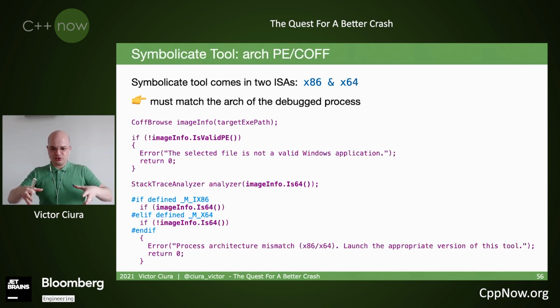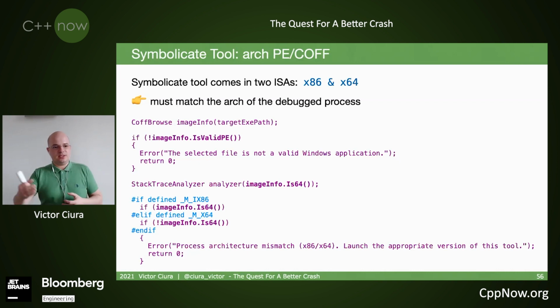It runs the process on a developer machine when you actually need to symbolicate it, and it launches the process in a kind of debug mode. And in order to be able to do that, it needs to match the architecture of the debugged process. So you have to have two flavors of the Symbolicate tool to make this work.